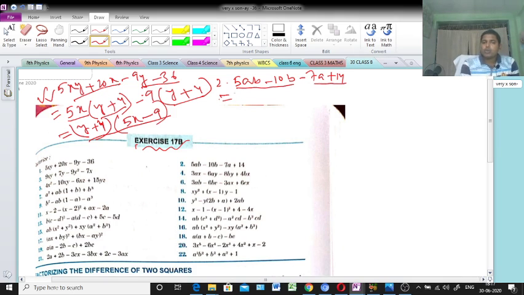Now see, from the first 2 terms we will take common, because here 5, here 10, we get a common factor. And b is also common, here b and here b. That means 5b will be common. 5b is there in the first term, and 10b also means 5 can be taken. So 5b is the common. After taking common, what do we get here? Only a is left. And here minus, put minus here.